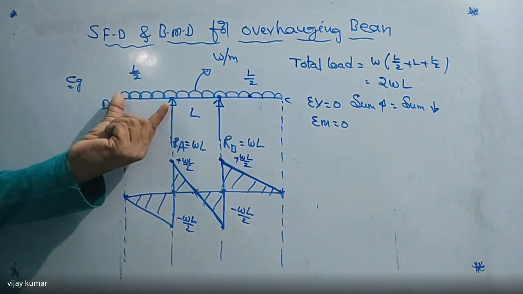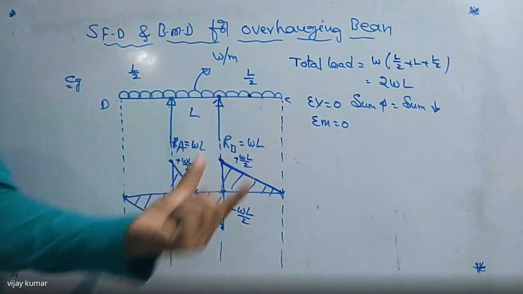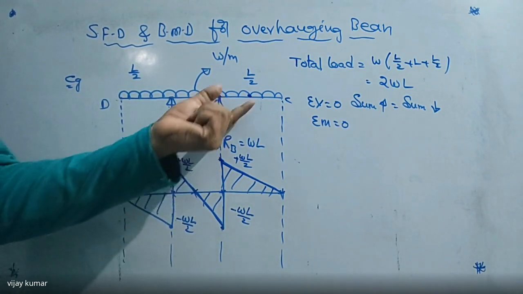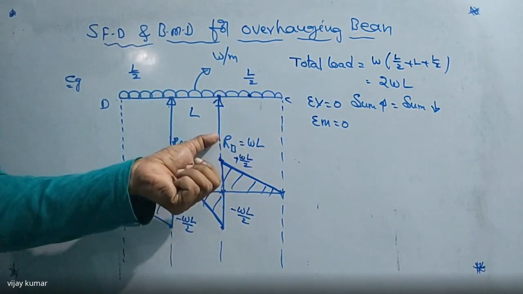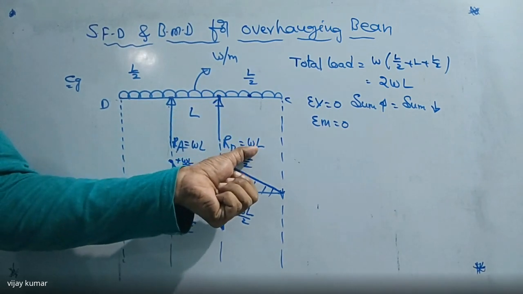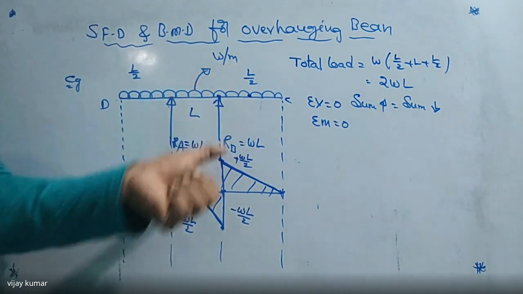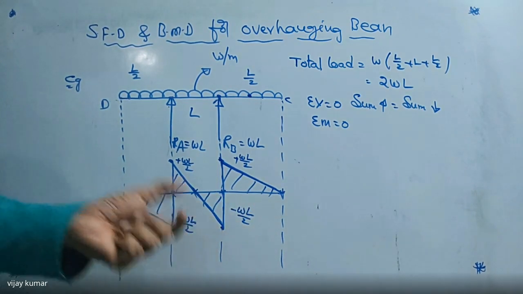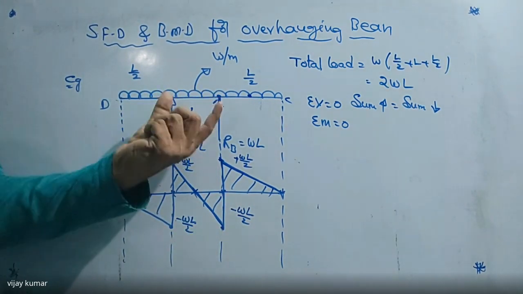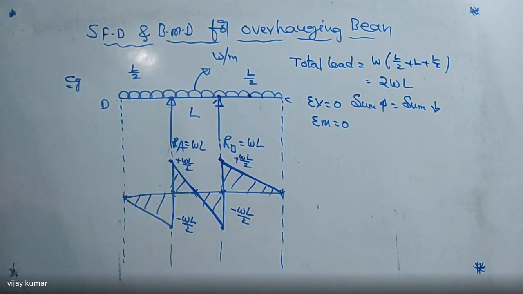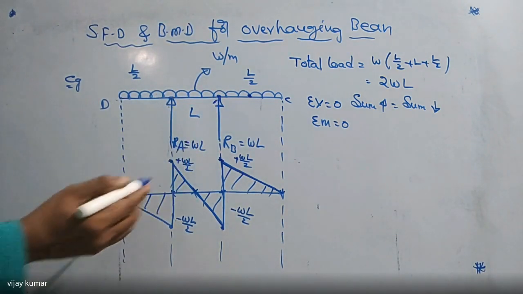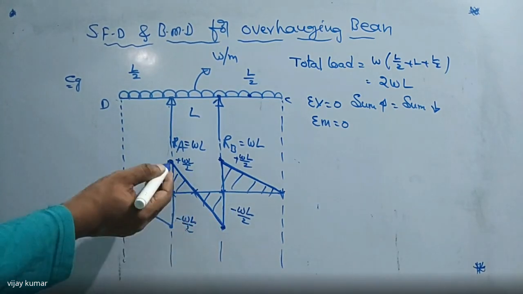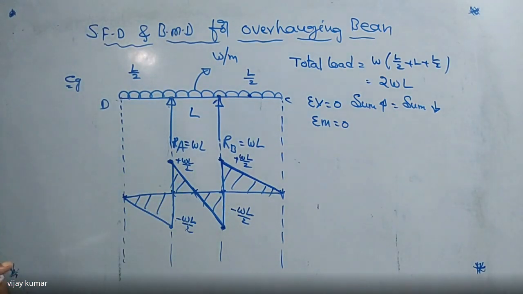So this one is UDL, this one is also UDL. So this one is a triangle. After this one is plus WL by 2, that is the total load on this beam. Then another reaction is here, that is minus WL, because it is moving upward. Add those two, then we are getting minus WL by 2. We are indicating it here. So between these points A and B, it is like a simply supported beam, so I'm going to join these two like this. For a simply supported beam, this is the shear force diagram.